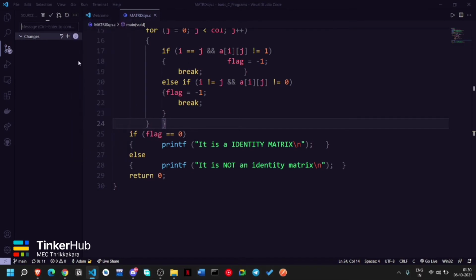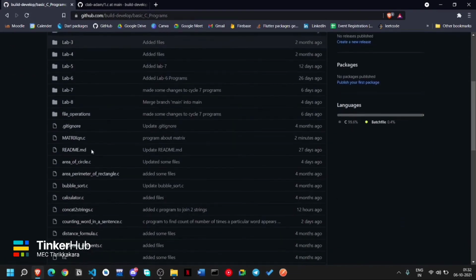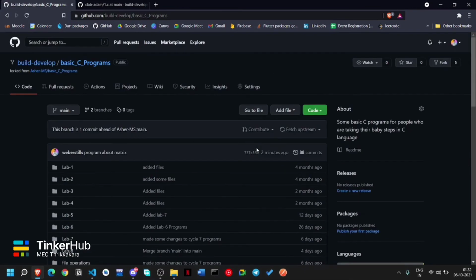What this does is it will save our project and push the code which we have written right now to our copy of the repository, not to the main one. It will make the changes to our own copy of the repository. Now when we open our repository in a browser and refresh the page, we can see a new file here called matrix.c, uploaded 2 minutes ago. The next step is to open a pull request.